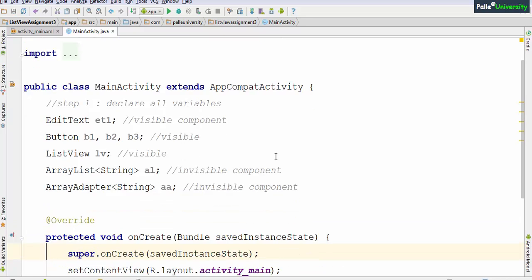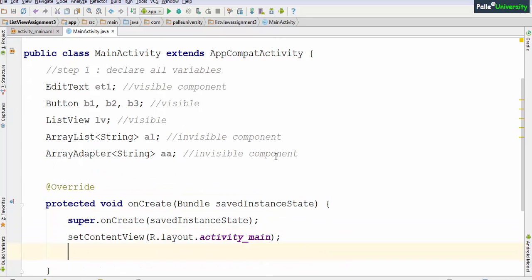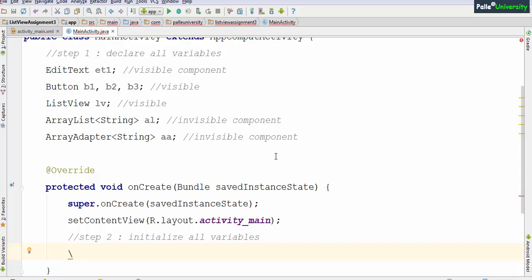Step 1 is over. Step 2, initialize all variables.